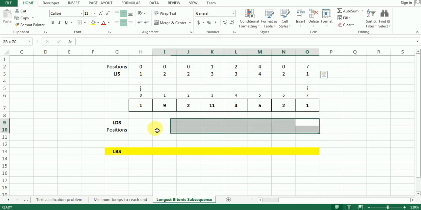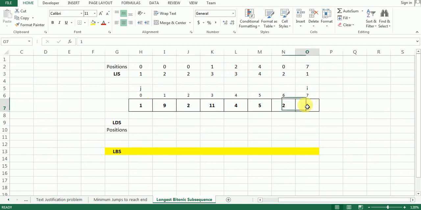Okay, so I am going to make some change because we'll be moving from right to left. Hence, the counter values will be changed. So J is going to come over here and I is going to come over here. All right. Cool. So I will populate this LDS array with 1, the base state. Okay. Now we'll start from here.